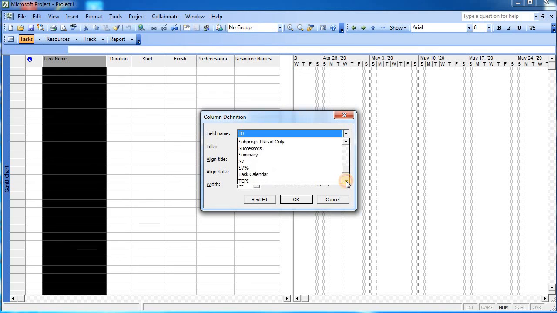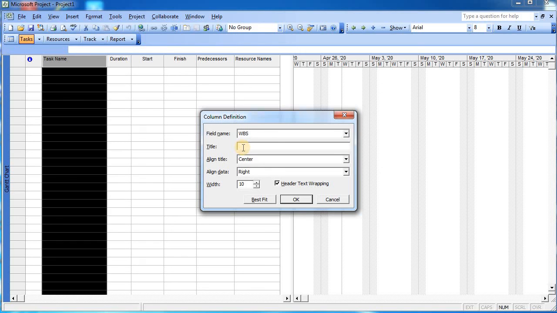So we will go over P, Q, R, S, T, U, V and W. So this is work breakdown structure. I will select this part. Title will remain WBS, work breakdown structure. We will click center, right, and the width I can adjust just over here, and I will then insert OK.